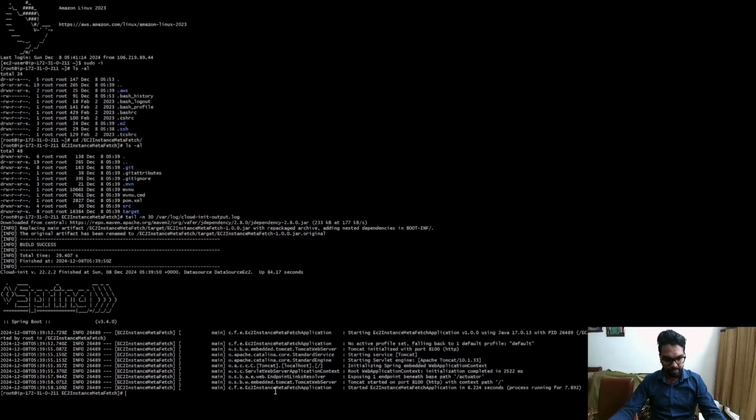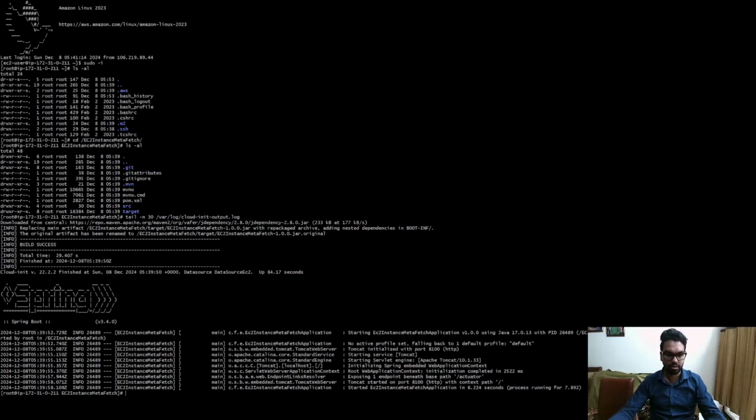Let's see. So yes, you can see the last 30 lines had our jar file creation first, which was a success, and then our application was run from our Java command. And you can see the port number from here. It is very convenient using this step, that you can even check on which port your application is running in case you are not sure. And you can even see what all endpoints are exposed. You can see the actuator endpoint and the base root endpoint are exposed, and how much time it took for the application to start. The last few lines will contain only those logs.